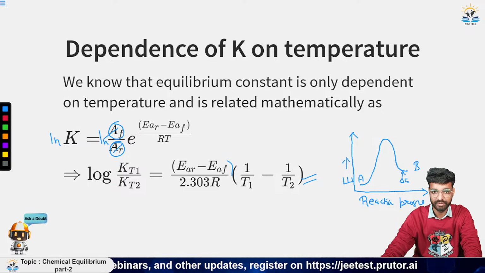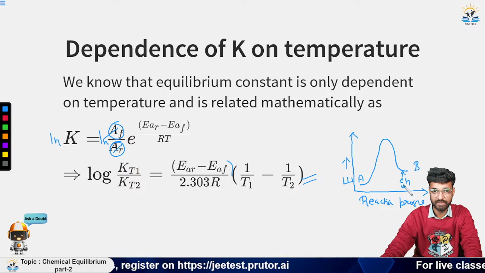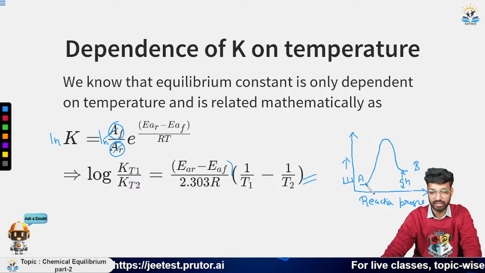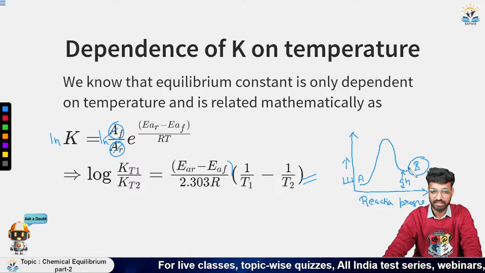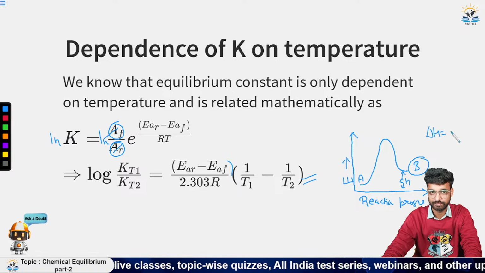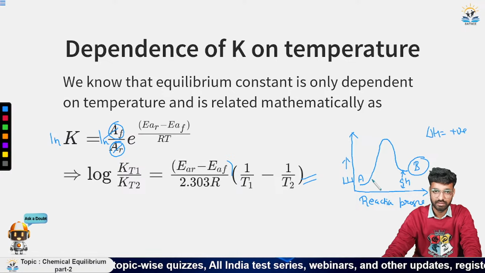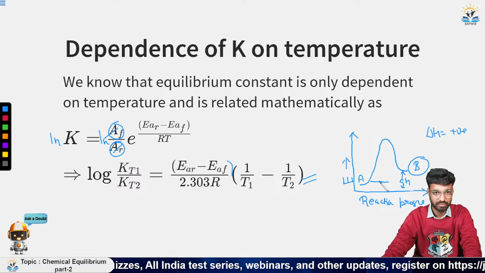Delta H we have here. So this is the enthalpy change during the reaction. You can see that the product is at higher energy. That means it is an endothermic reaction. That is, delta H is positive for it. Now suppose this will be called as E_a for the forward reaction,